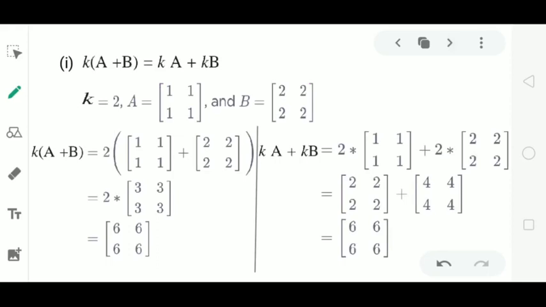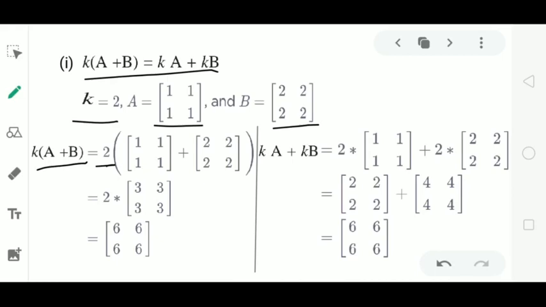Example for the first one. Let us consider scalar K is equal to 2 and A and B are two matrices of order 2 by 2. Then first property says that K into A plus B is equal to KA plus KB. Let us verify this property by this example. So consider LHS. K into A plus B. K is here 2